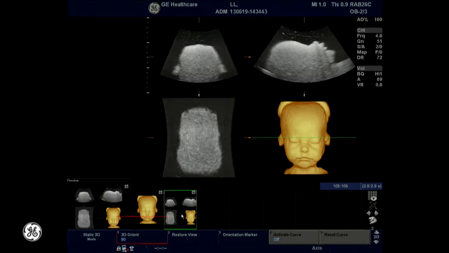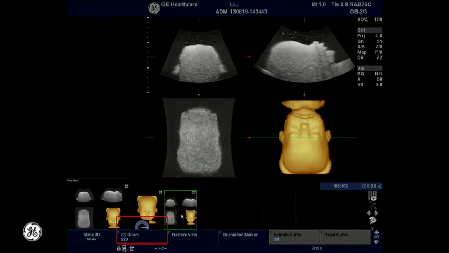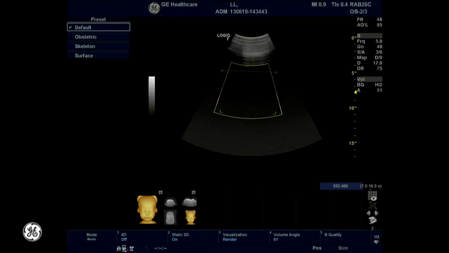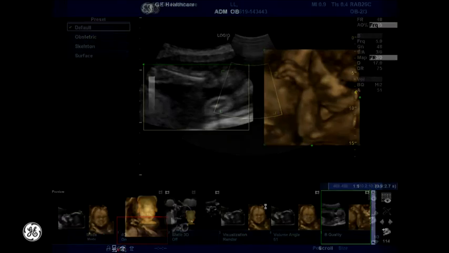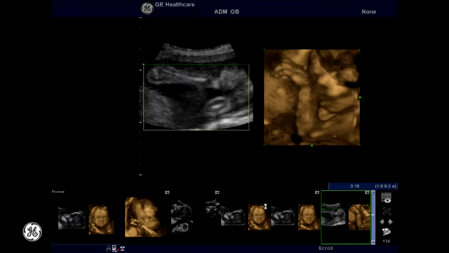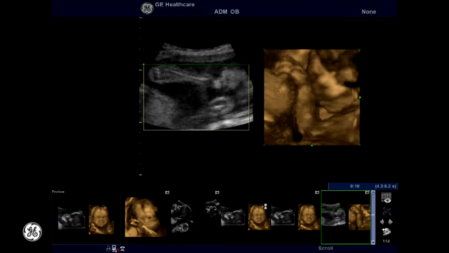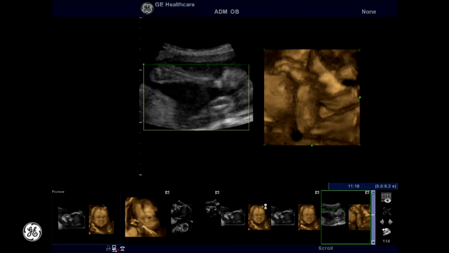The main difference between static 3D and 4D options is the dataset acquisition. We just demonstrated the static 3D option that automatically stops the data sampling. The 4D option allows you to decide when the sampling is complete. This helps enable you to capture an excellent 3D loop, which is an option that might be useful when the